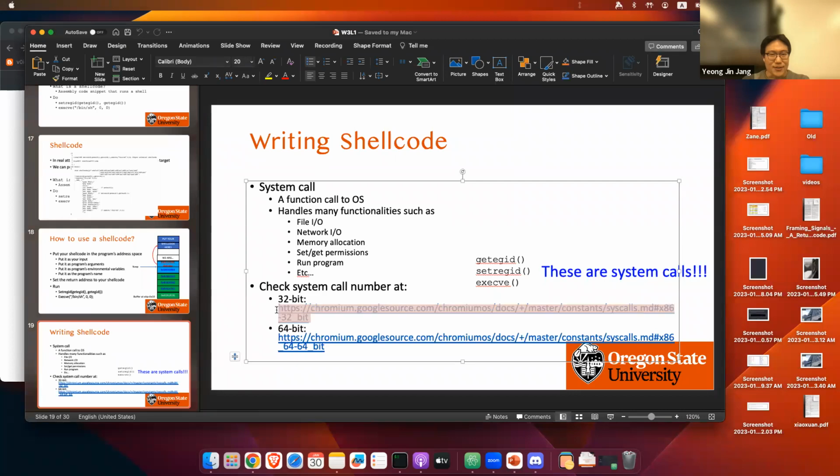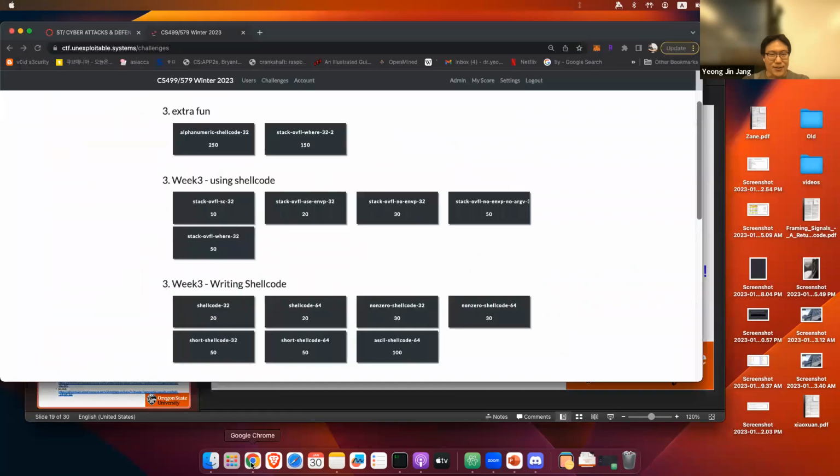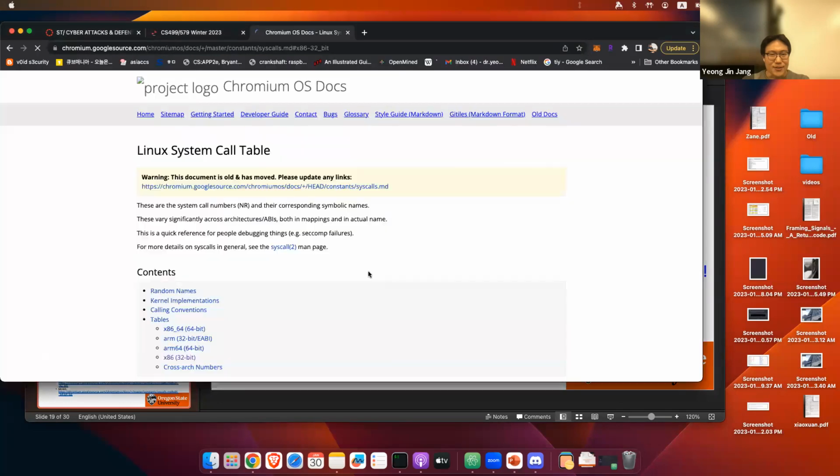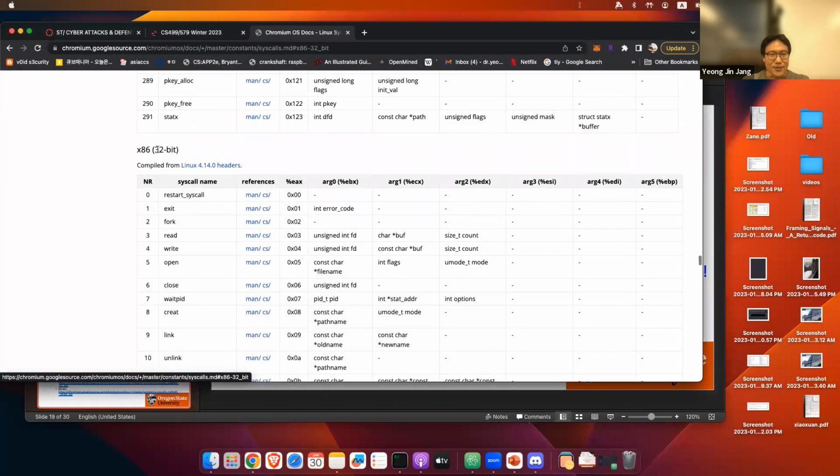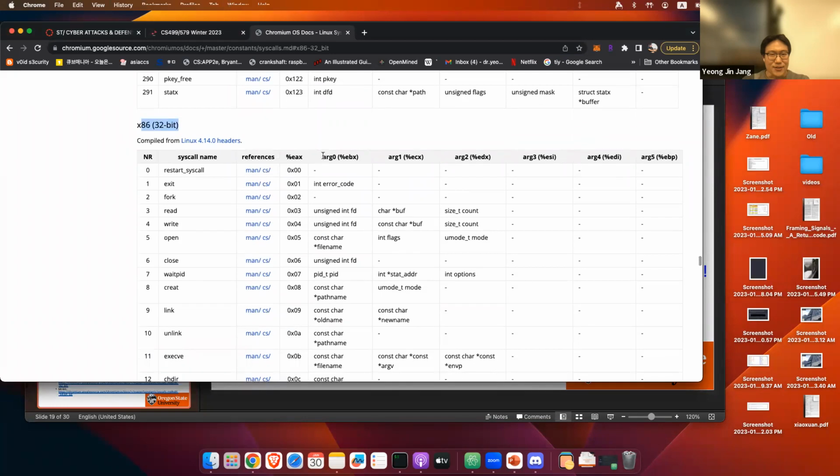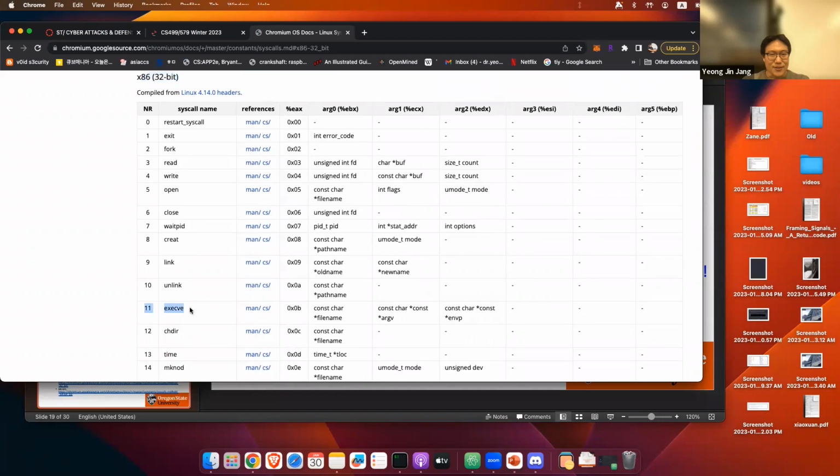So there are a lot of functionalities in the operating system. If you get into this website, it shows the list of the 32-bit system calls. Then you can choose what function you want to call, not by the name. CPUs or operating systems don't know about names. They love numbers. So here's a functionality that we are interested in,